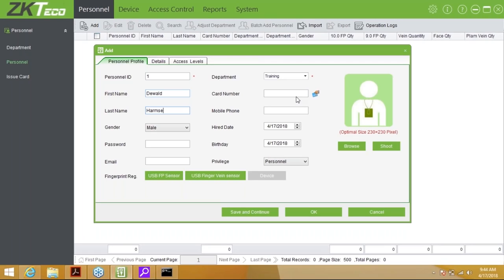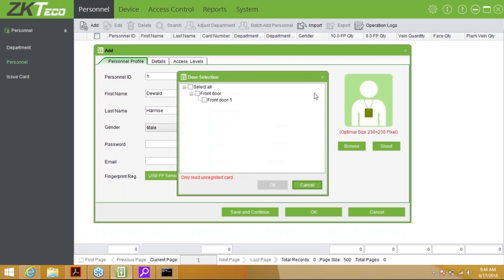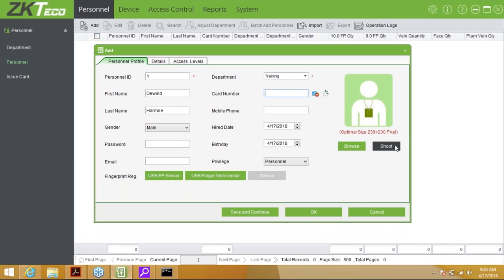You can input the card number in case the card number is provided on the tag itself, or you can use a desktop reader like a CR20M, or you can get the card number by ticking on that, selecting your device, and then it will start reading. So in a sense, if you swipe a tag now, it will pull the card number through. Then you have some extra information that you can put in, like mobile phone, the date the user was hired, a birthday,